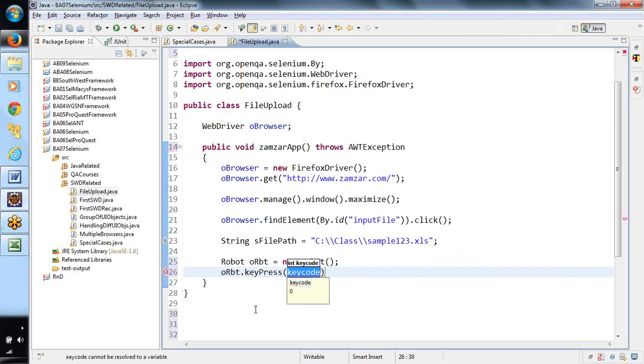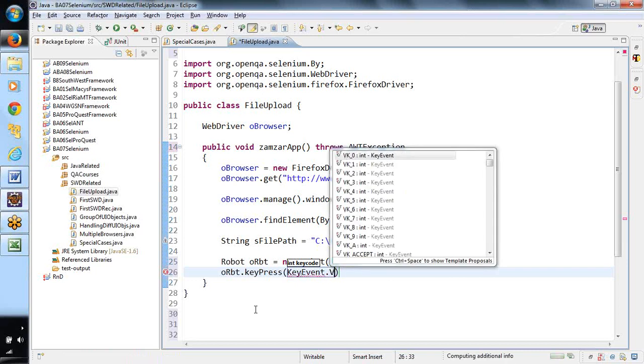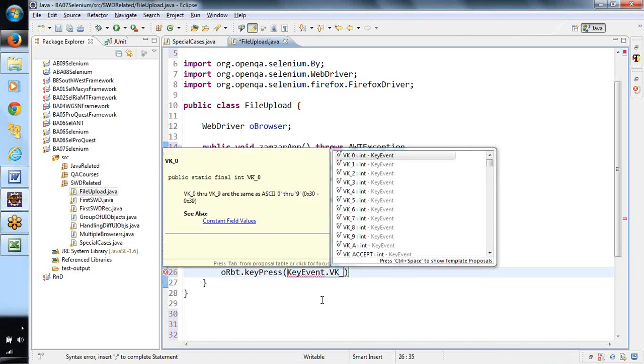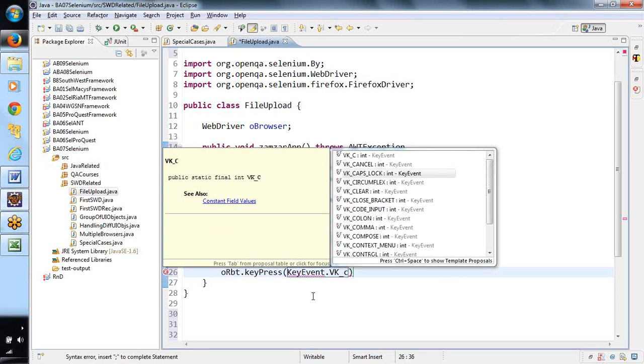There is something called KeyEvent which provides these constants. Here first Control V, right? We wanted to perform Control V. See here, I would be performing Control.